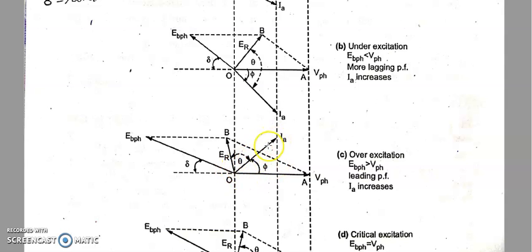Now you can see IA value has increased in the other direction, and you can see EB phase, as I said, EB phase should be greater than V phase. That is what we call the over excitation condition. You can see this length OEB phase as well as this OV phase, this is greater than this. Yes or not? EB phase is greater than this, and when compared to here also this is greater than this, and V phase is constant.